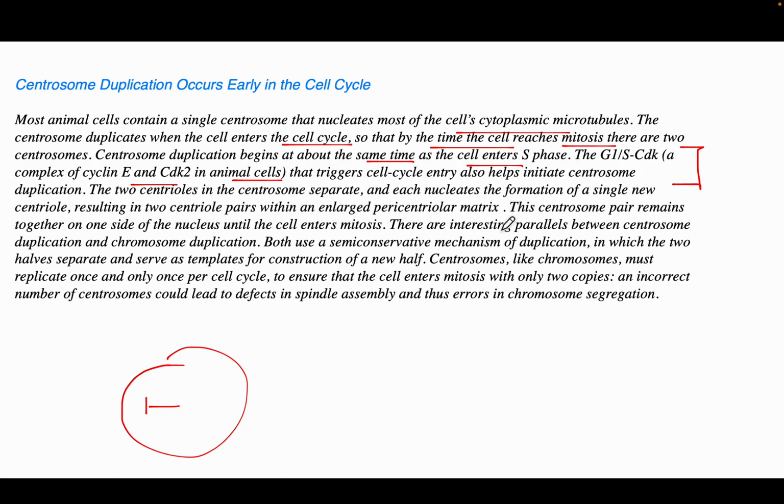There are interesting parallels between centrosome duplication and chromosome duplication. Both use a semi-conservative mechanism of duplication in which the two halves separate and serve as a template for construction of a new half. Centrosomes, like chromosomes, must replicate once and only once per cell cycle to ensure that the cell enters mitosis with only two copies. An incorrect number of centrosomes could lead to defects in spindle assembly and thus errors in chromosome segregation. So we have to ensure that there are only two copies of the centrosome before it goes to M phase,